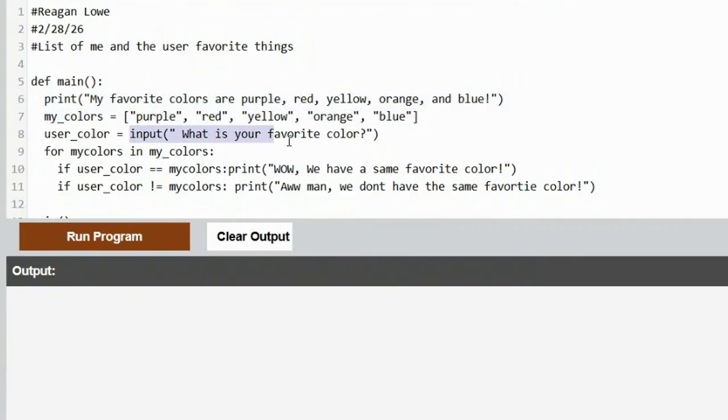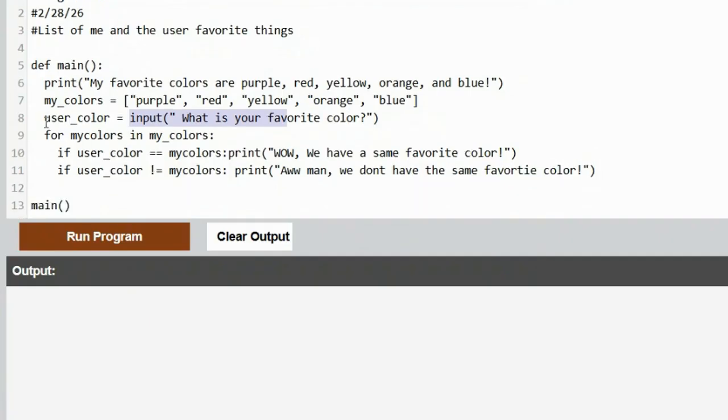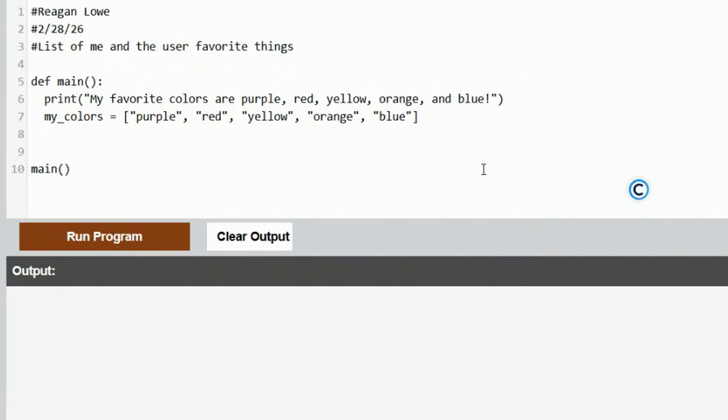And then you had the user enter a color. I just want to focus, so I'm going to delete all this because I don't want to focus on the user part. That works. It checks to see if one of their colors matches yours. But I want to take this print statement out and just focus on how you would print your list and